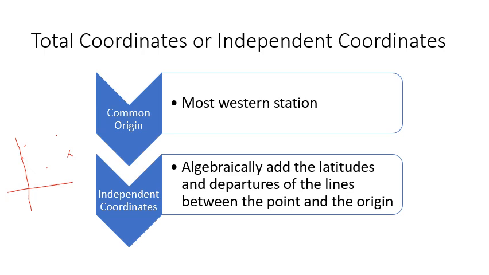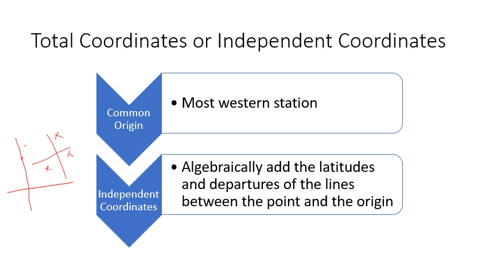You can have your origin somewhere over here also. Then some of the points will be on the western side, some of the points may be on the southern side, some may be positive, like that.